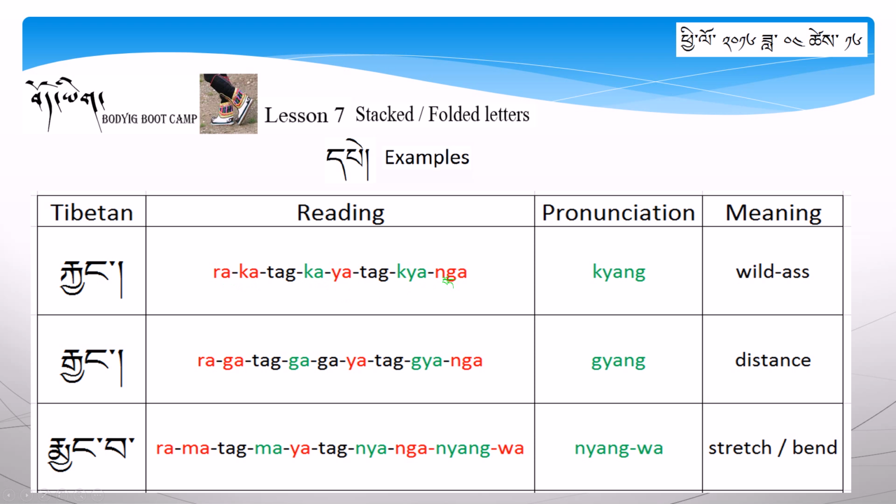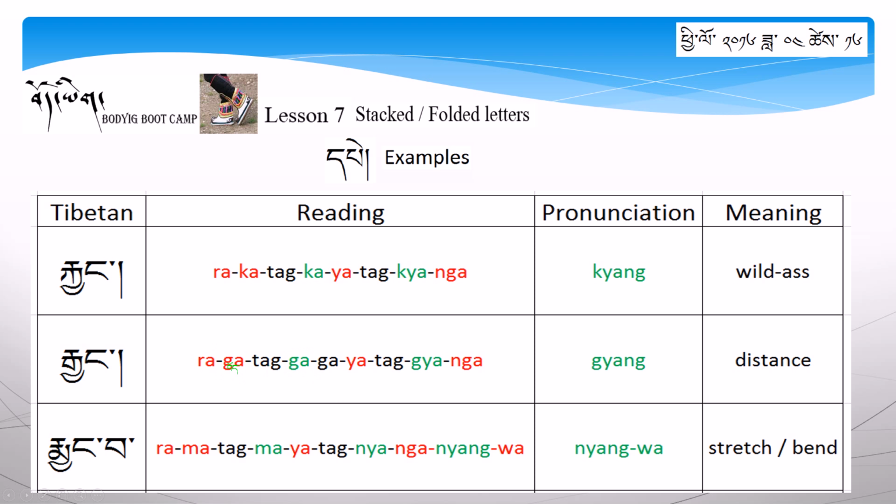And then once you attach nga to the kya, then it becomes kyang. So that's how you would read it. Same thing here. Ra, ka, ya, nga. And then the green is after you make the combination and after you attach, what